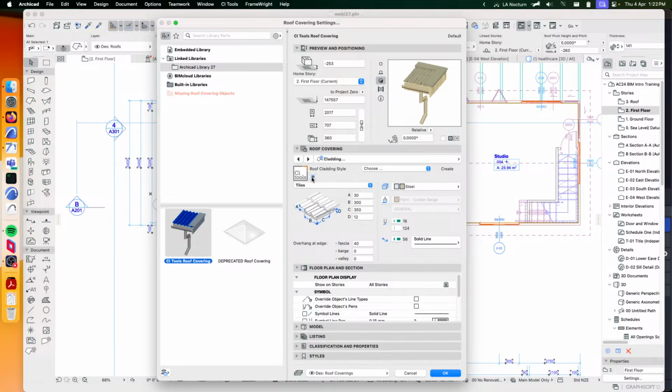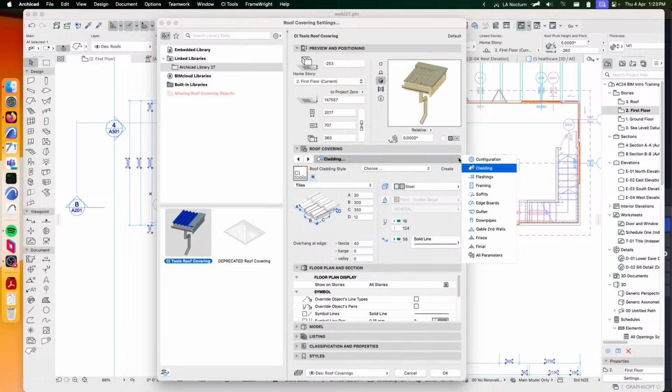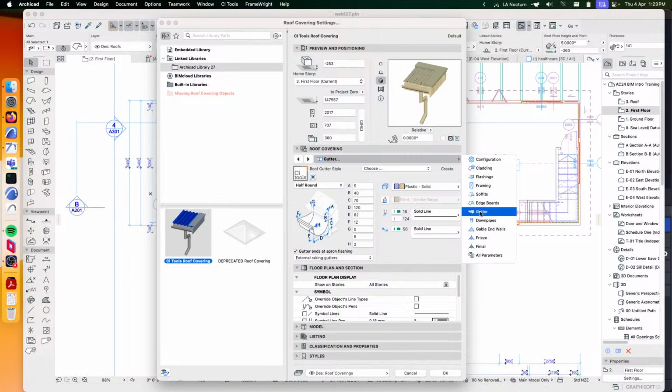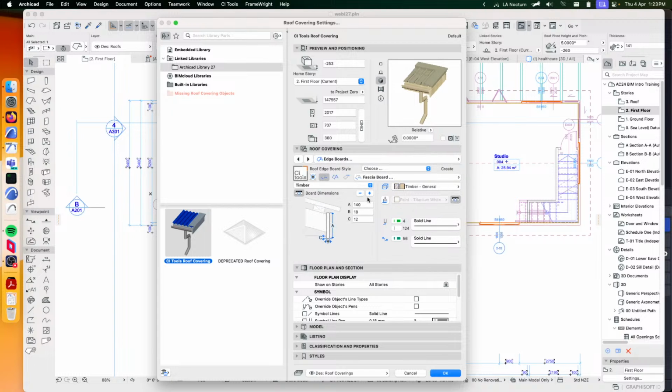But we also have this button here, which is a snapshot button. Essentially what it will do is snapshot, or sort of freeze, the preview window at what we're looking at the moment. So at the moment we're looking at the whole covering, but once we come down and we start modifying individual settings, there will be times when you want to make a change and see it in context with something else. So for instance, if I come through here and I say I want to modify the gutters or edge boards, we can go through here and we can say the